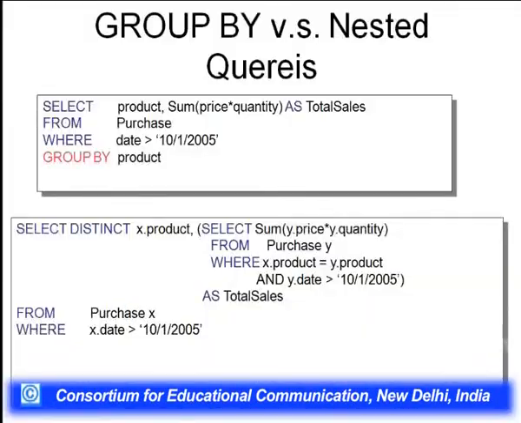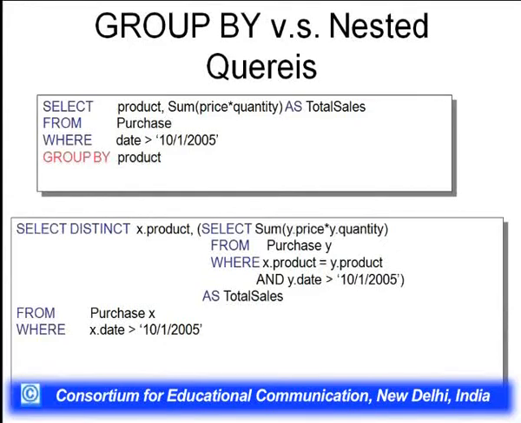When you have a group by clause, you can also compare it with a nested SQL or a nested select statement. As you can see here, in the first part we are using a group by clause. If you want to use a nested query, that query has also been specified here. But you see that the nested query is much more complicated than the group by clause. So a group by clause is a much simpler way of grouping the data within a table and then calculating